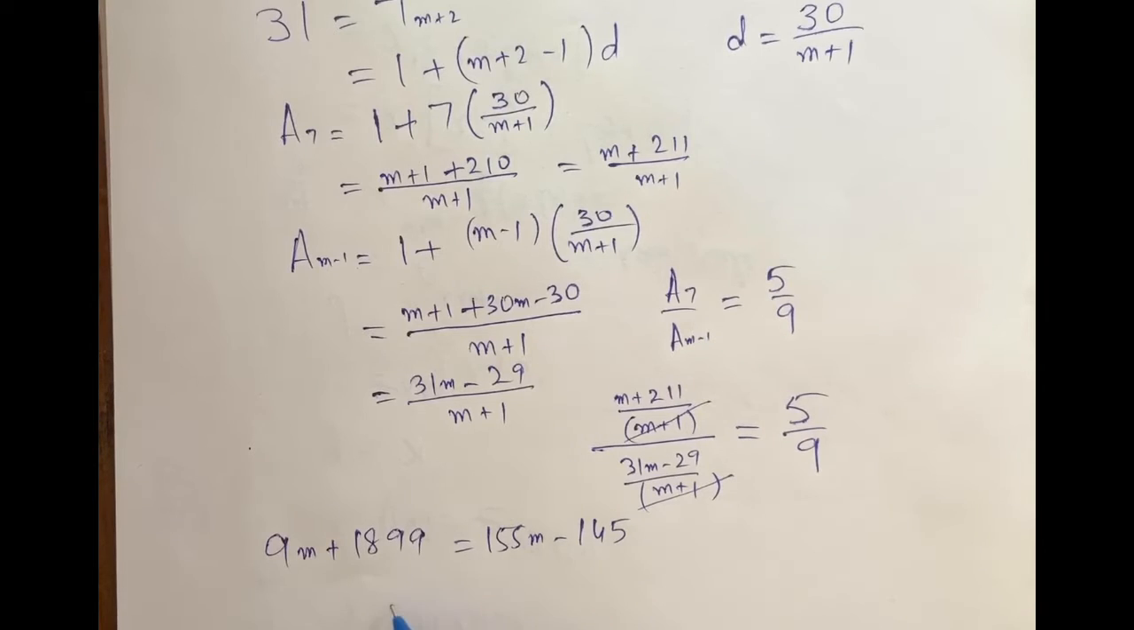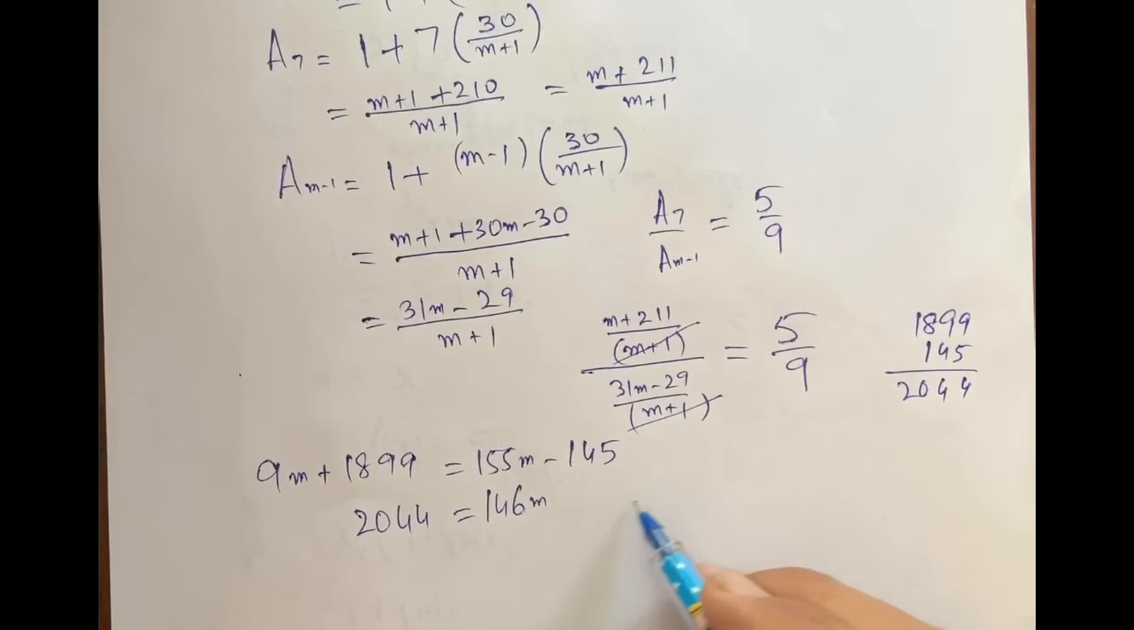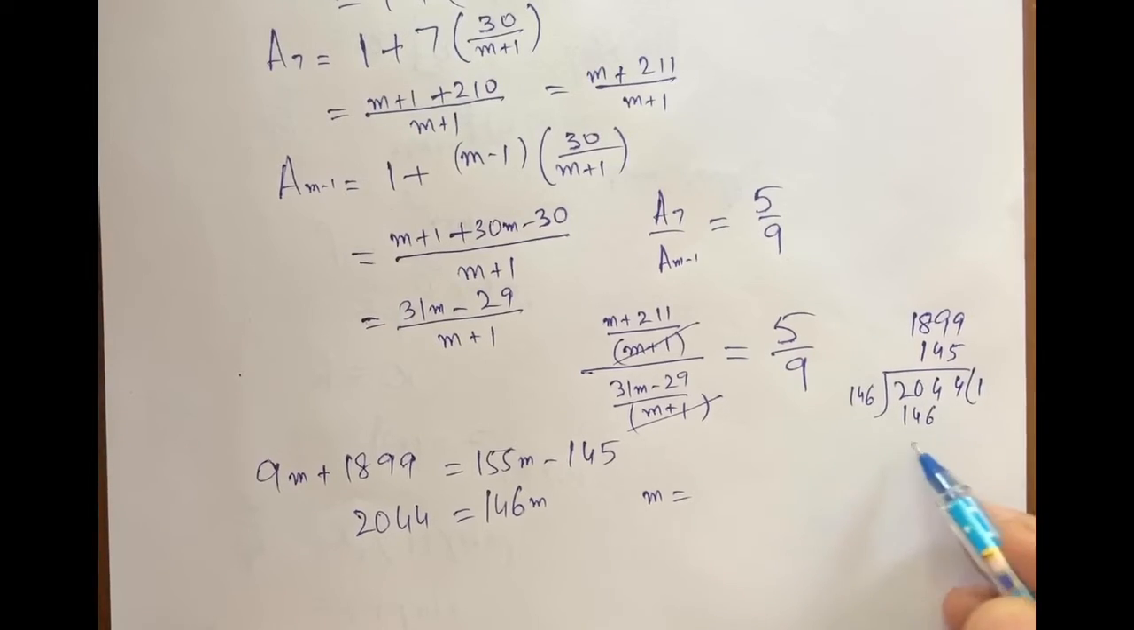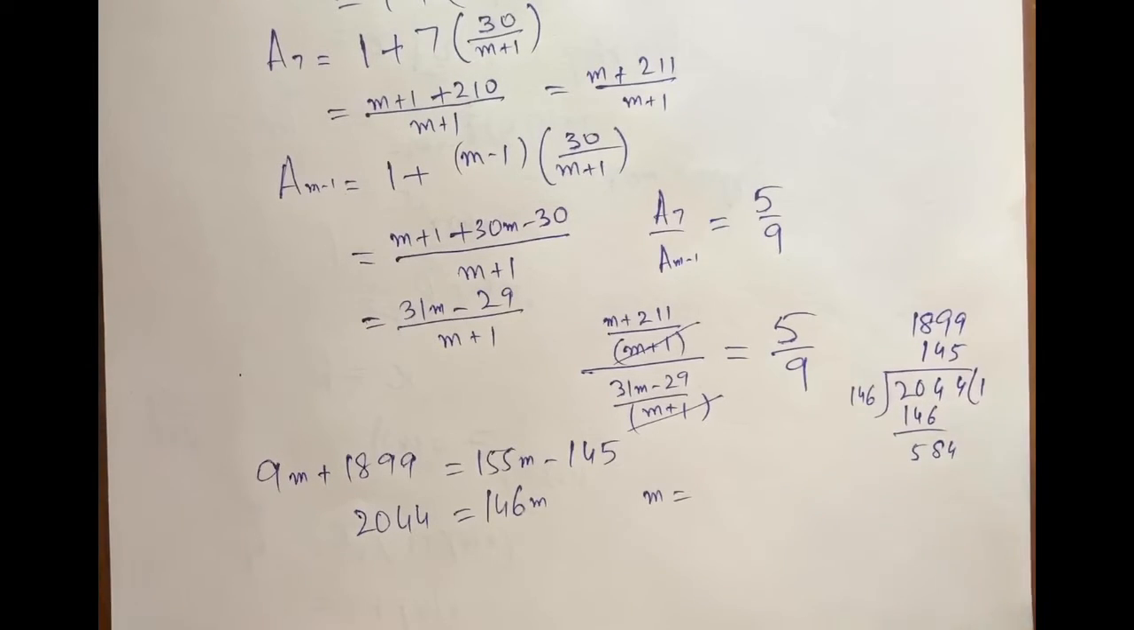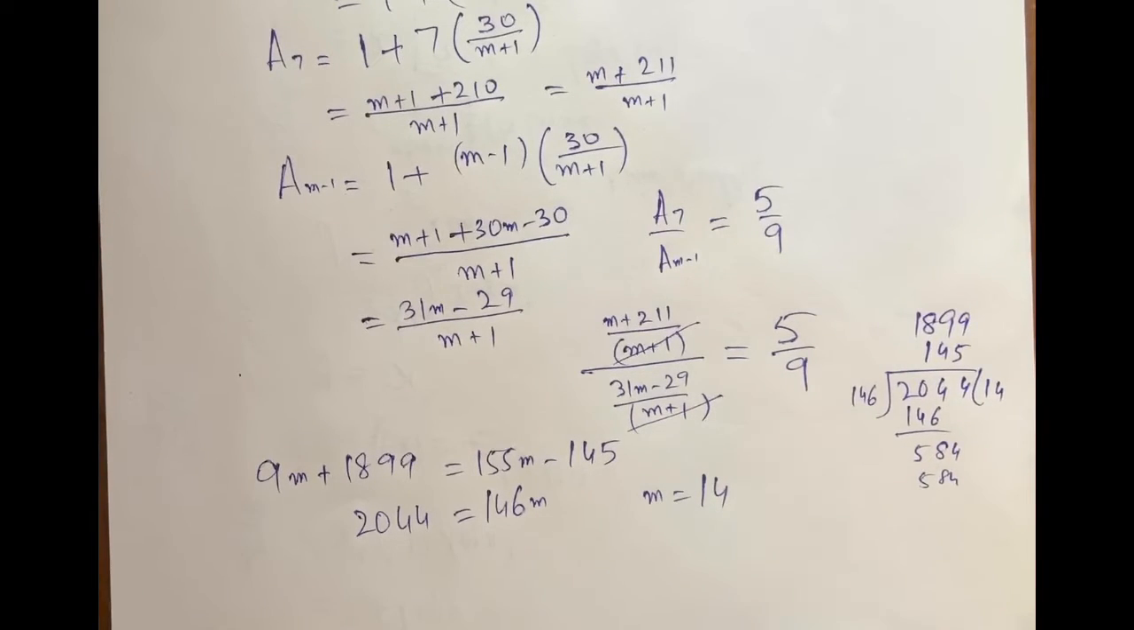1899 plus 145. This is 2044. This is equal to 155 minus 9, which is 146M. This will give us M equal to 2044 divided by 146. So M is 14. So therefore 14 arithmetic means are inserted between 1 and